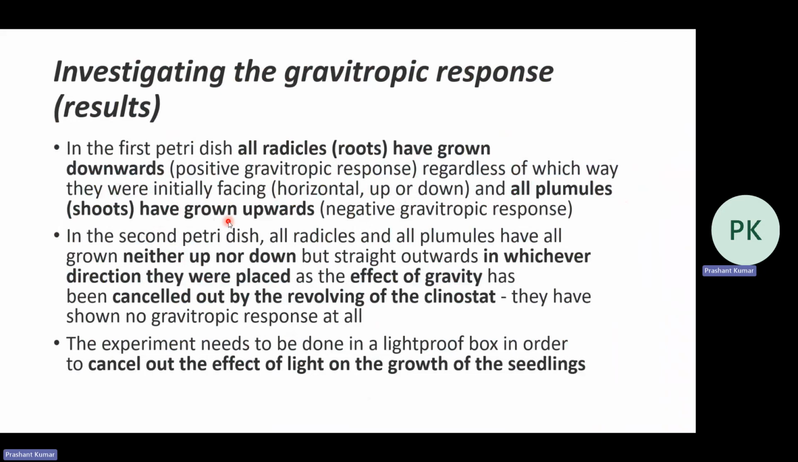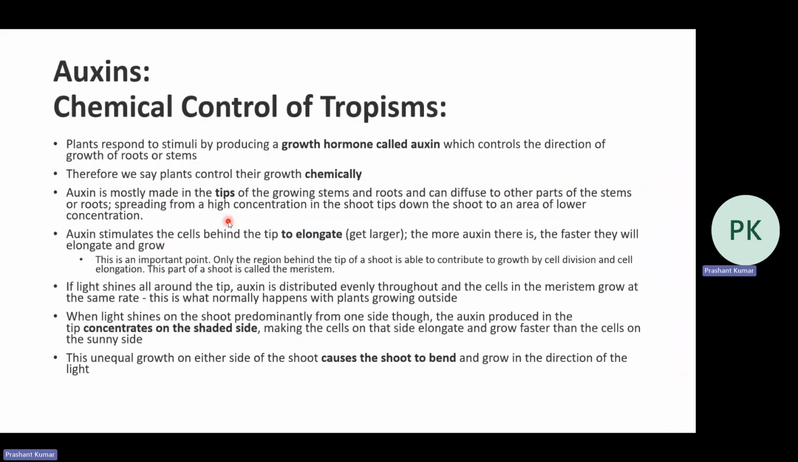The experiment needs to be done in a light-proof box in order to cancel out the effect of light on the growth of the seedlings. Auxin is a chemical substance and it controls growth, right? This is a very basic plant hormone. It's a growth hormone in plants which controls the direction